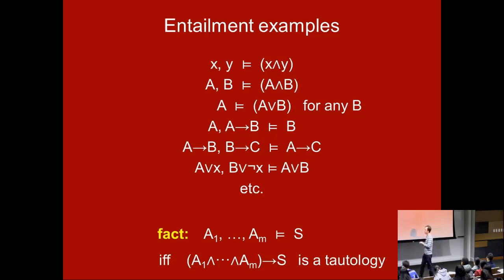If A implies B and B implies C, you can deduce that A implies C. This is a famous one. You have to think about it a little bit. This is kind of the rule of case analysis. If you have A or X, you have B or not X, then that entails A or B. You have to think about it a bit why that one is true. Basically, if X is false, then A would have to be true. If X is true, then B would have to be true. X is either true or false, so at least one of A or B has to be true. And you might think about that one a little bit, etc.